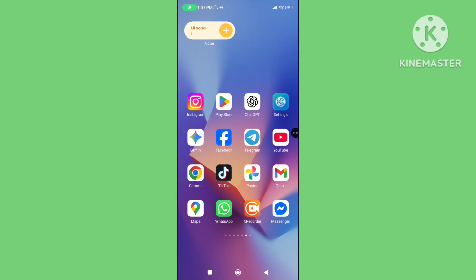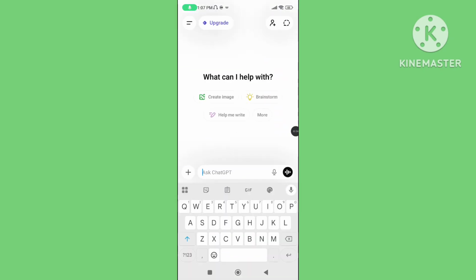Step 4. Restart your device and open it again. Step 5. Again open your ChatGPT application. You can follow all of these steps to fix "ChatGPT is not designed to provide this type of